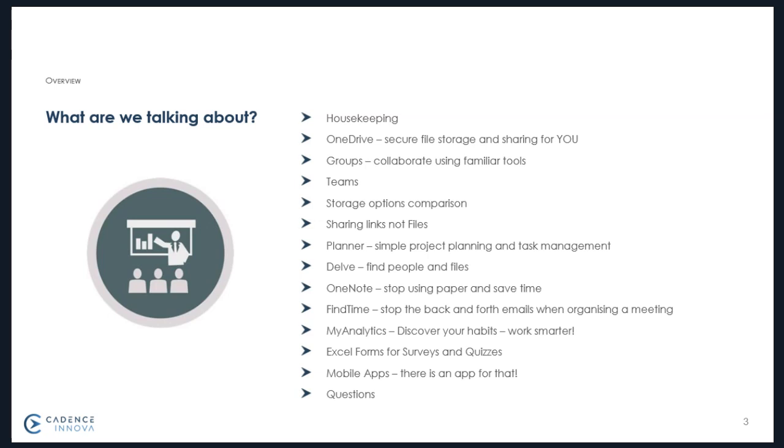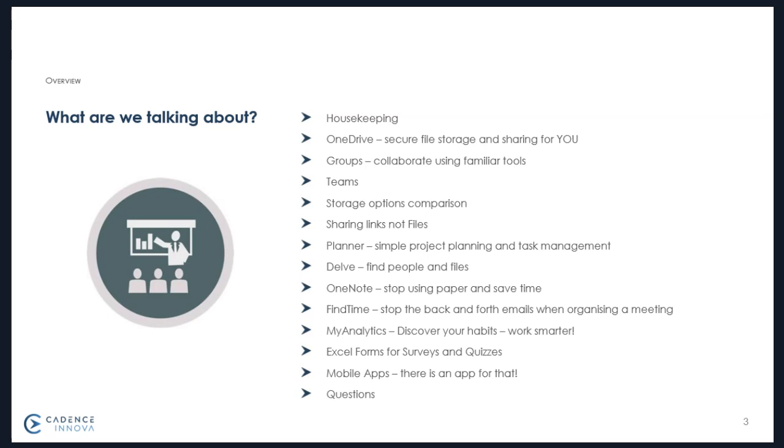called the Office Graph, which looks at and analyzes who you've worked with and what you've been doing. It gives a lot of insights to you as a person to find out what you've been doing, but also gives an easy way of finding other work or documents that you might have been working on with other people. We'll take a look at OneNote, which is a great electronic notebook solution, built into Office 365 and into Office groups or teams. They all typically get a notebook just when they create a team or a group anyway,